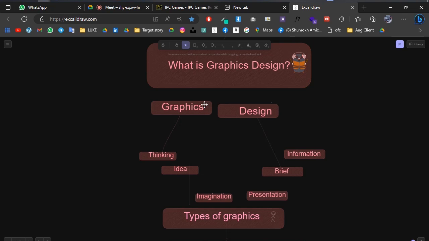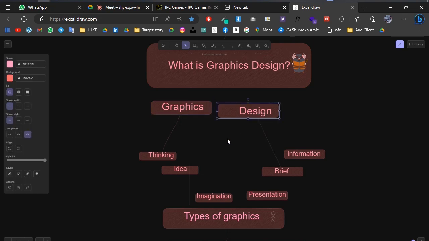The first is graphics and the second is design. Graphics means thinking, an idea. If you are thinking something in your imagination, your thinking, your idea, this is all about graphics. And design is once you complete your thinking, then you need to show someone else that my thinking